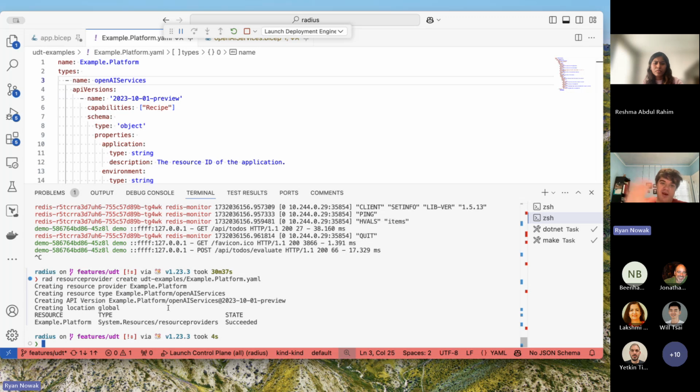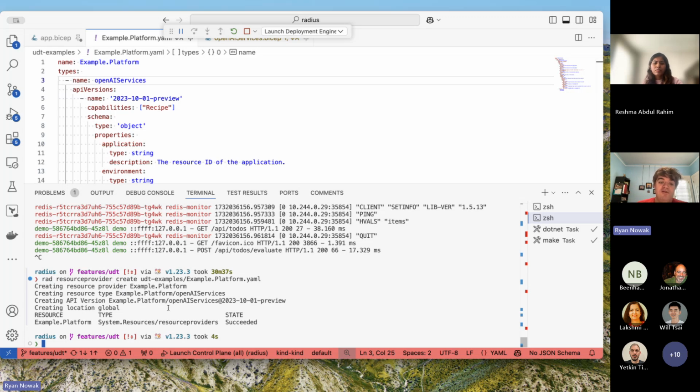So, okay, I've told Radius about this. What are some other things I'd like to do? Well, you'll notice that I haven't created any implementations of this. I uploaded the schema and Radius now has API endpoints, but I haven't really said what's going to happen when I create one of these things. So if I try to create an OpenAI service, what do you think is going to happen? The answer is an error message, right? Because Radius doesn't know how to create this. I've only told it what the schema is. I haven't told it what to do when I want one.